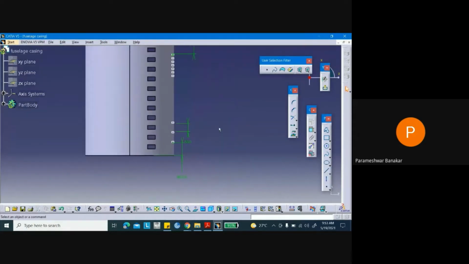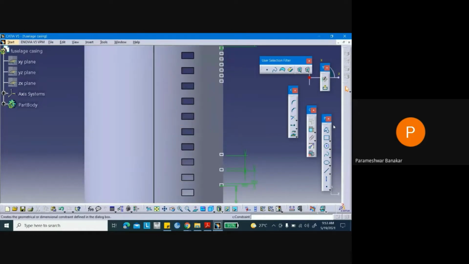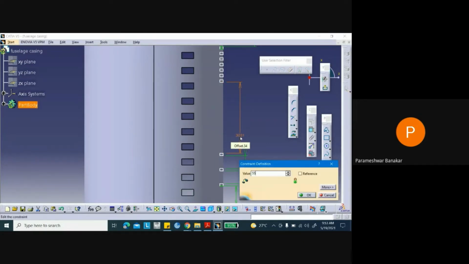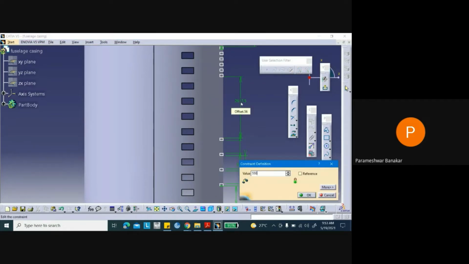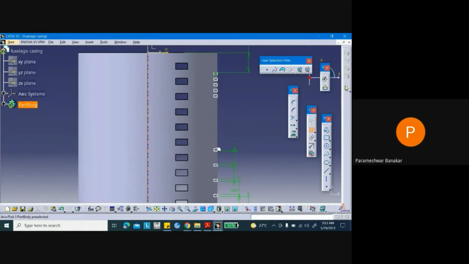So in a similar manner, we will fix the distance between each and every rib as 550. So select this. 550. So same way, this and this.